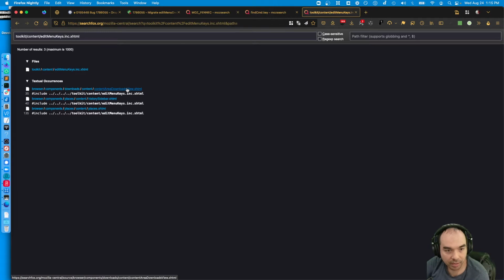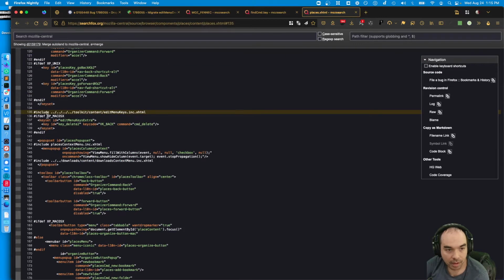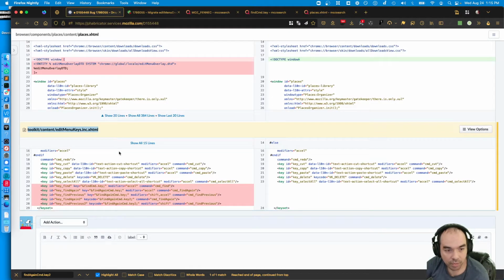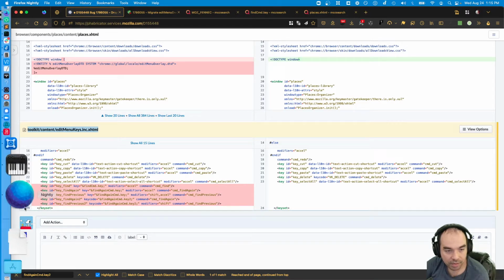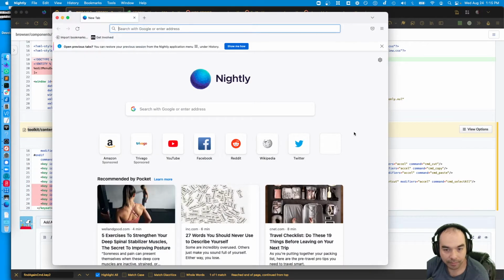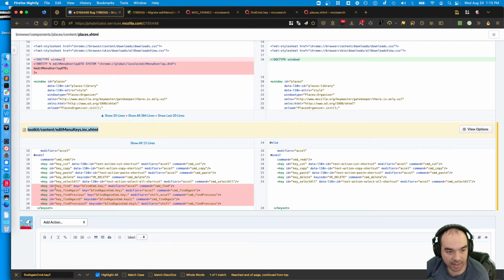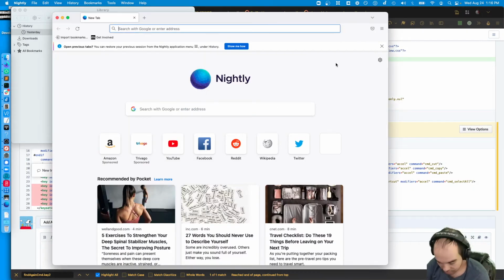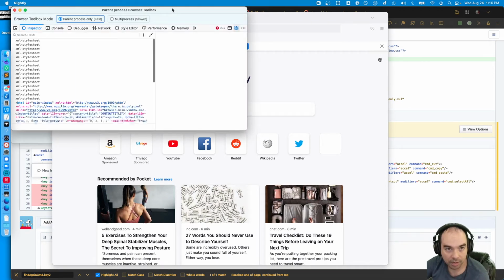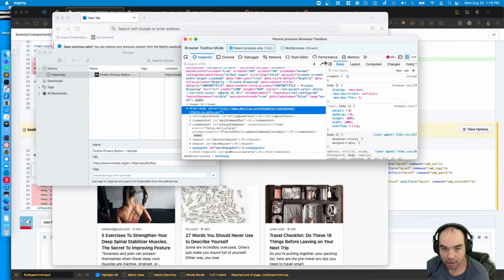The content area downloads view, I know what that is. The history sidebar, I also know what that is. And the library window. And the way these work is, if I open up the library, then it says... well, first of all, let's double check and make sure that this item exists in the places window DOM. Make sure we've got our assumptions correct here.